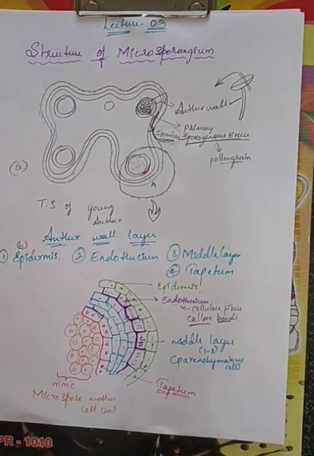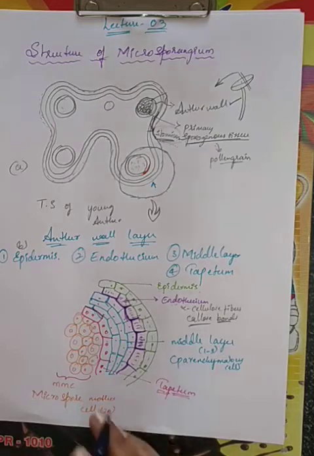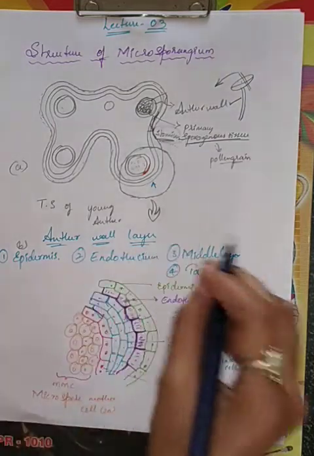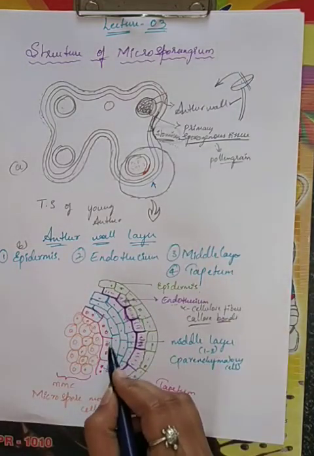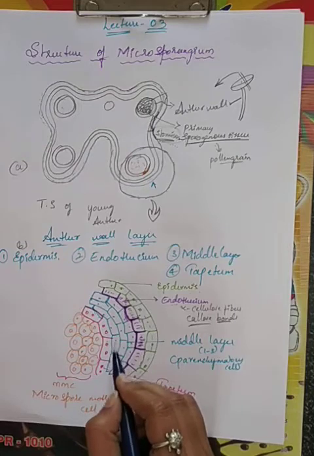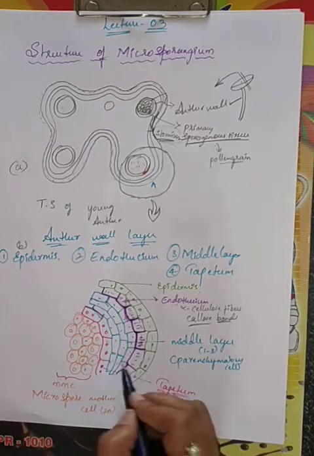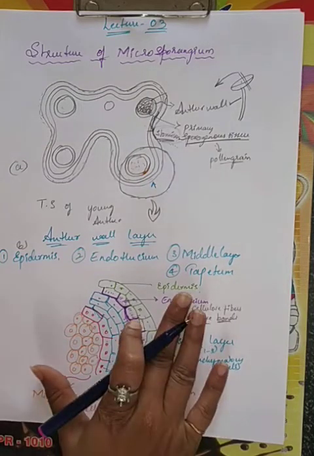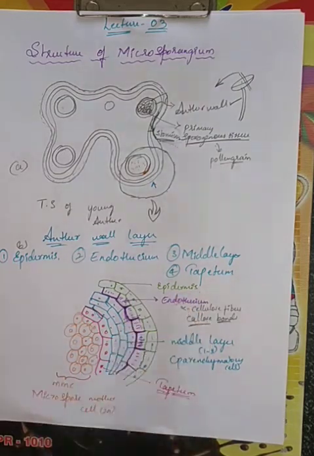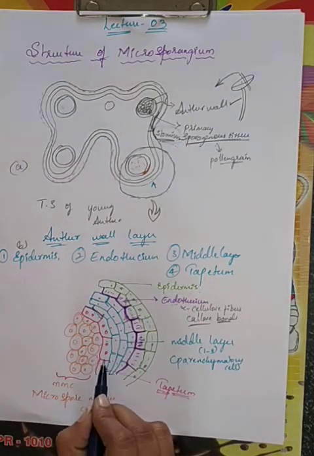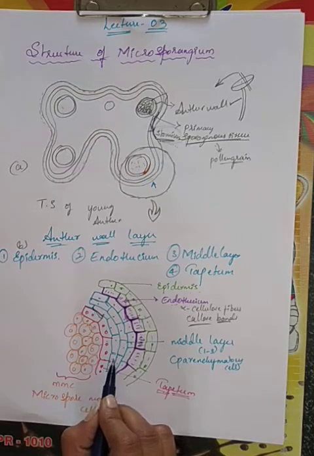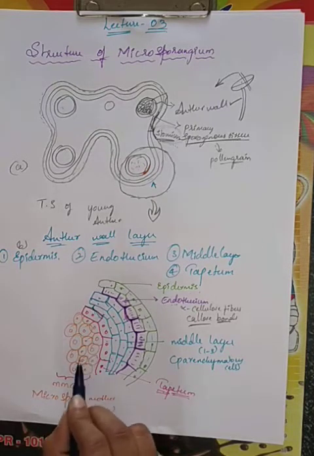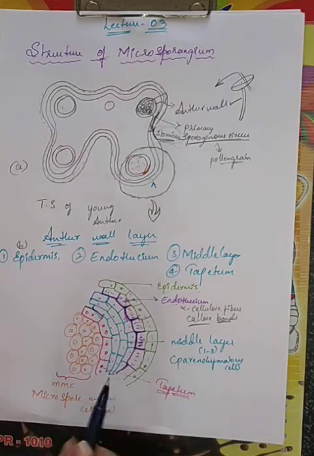Okay, that's what here in the tapetum, and due to endomitosis and free nuclear division, it becomes polynucleated, or else polyploid, and then multinucleated condition. Okay, now next point. The tapetum absorbs food from the middle layer and provides nutrition to the microspore mother cell. I hope everybody understands. The tapetum absorbs nutrition from the middle layer.